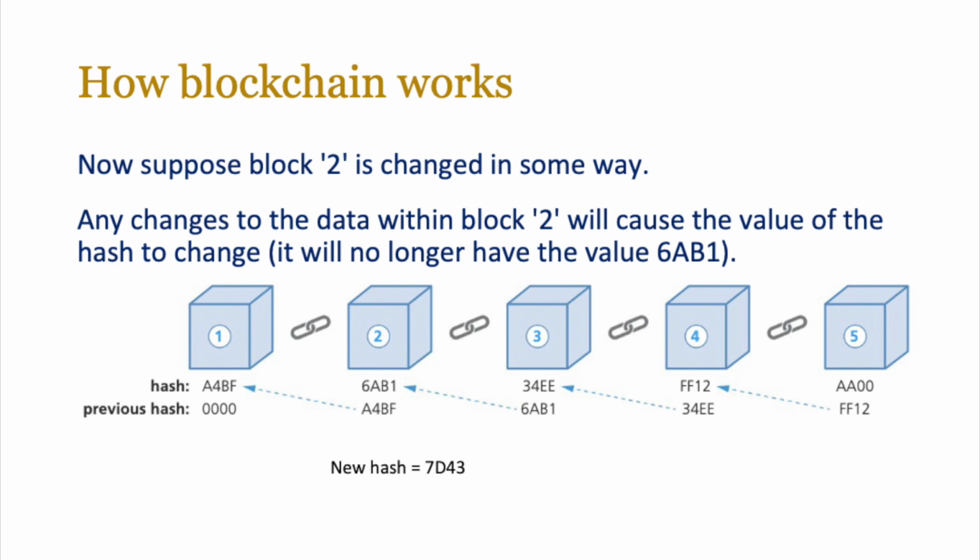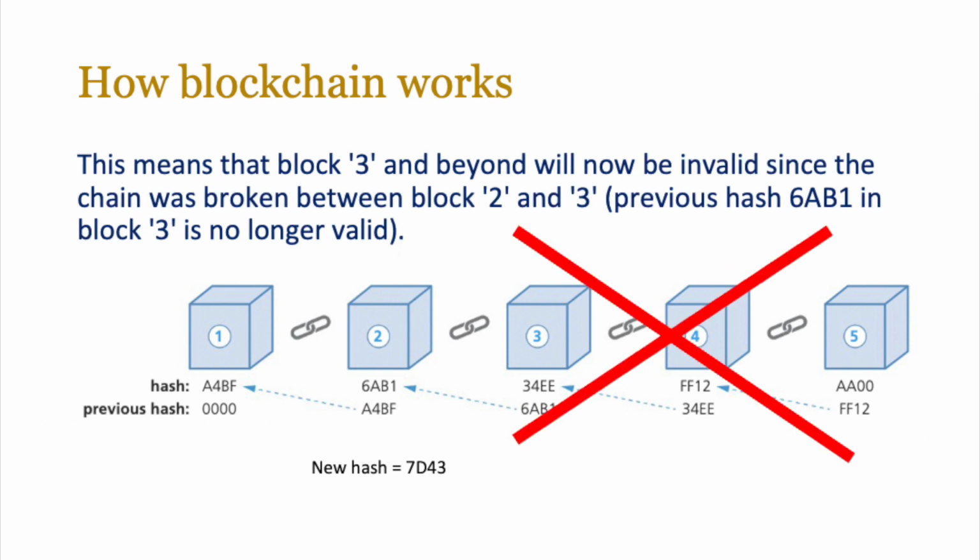Any changes to the data within block 2 will cause the value of the hash to change. It will no longer have the value 6AB1. So we change the data and the new hash value becomes 7D43. Now you can see the problem here. The moment the hash is changed, it means that block 3 and beyond will now become invalid since the chain was broken between block 2 and block 3 because the previous hash is no longer valid because we got a